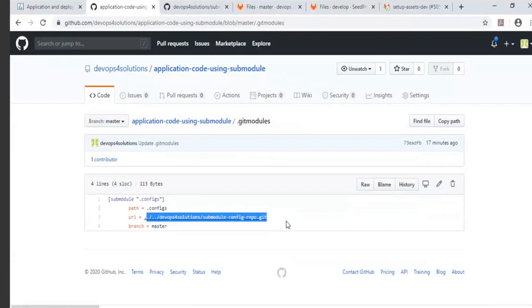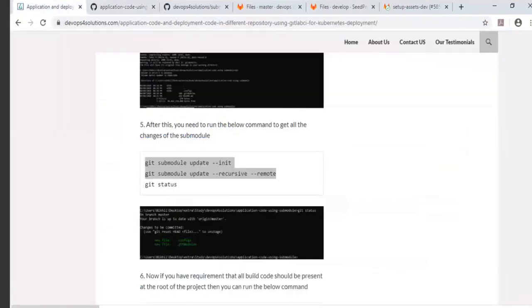So that is the reason I have used the relative path. And if you use the relative path, then it won't ask you the username and password again and again in your GitLab CI, and it will do your deployment. By default, it will do the master branch only. But in case you are doing some testing and you want to change the branch to something else, then you can change it to any branch. So this is how the configuration looks like.